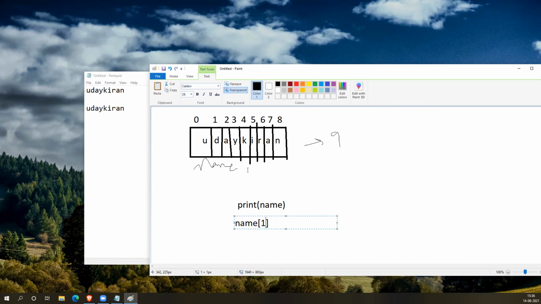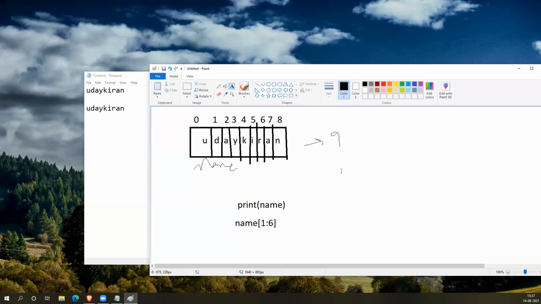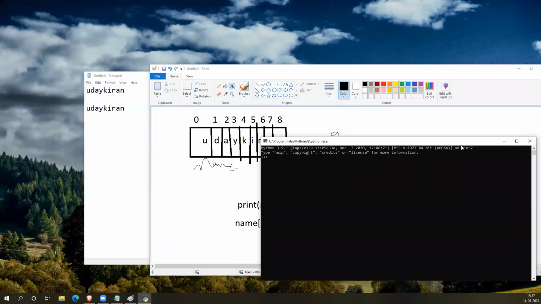But let's say I want to do a range, from 1 to 6. So if I provide 1 to 6, what happens? Let me show you in the Python console. I added it for interactive mode.